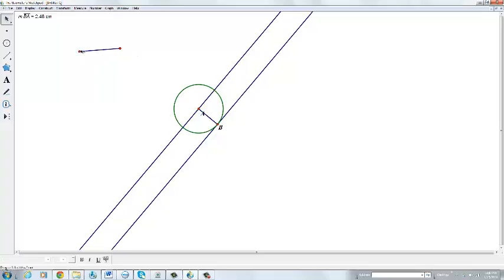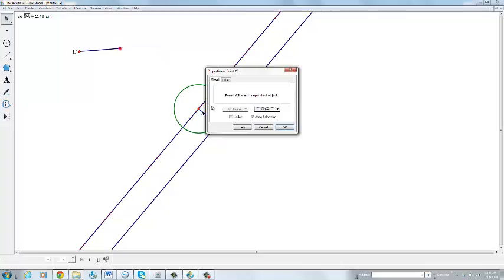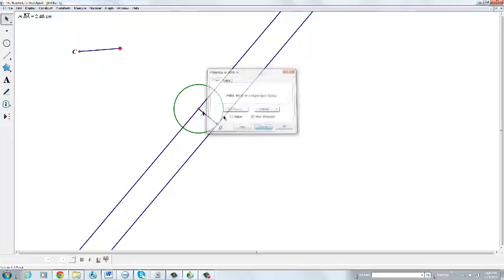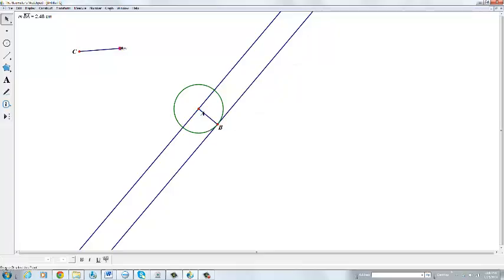Then I can do right click, and give it a label, unhighlight it, right click, and give it a label. If I want to label this point,